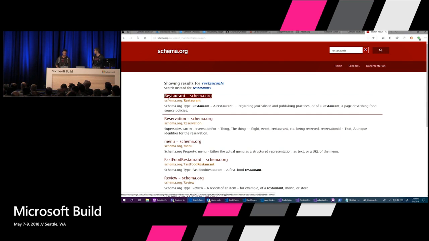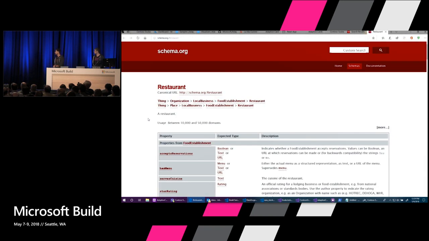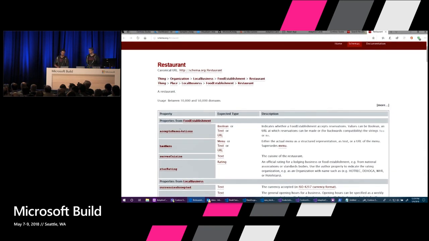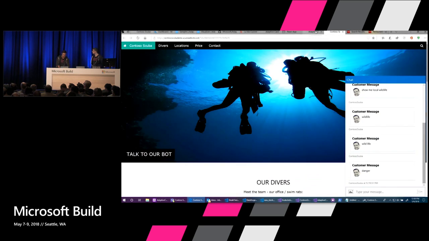And so we're basically hitting that URL, seeing if there's any structured data on it. And the data you can see, when that loads up, it's just data. Does this restaurant accept reservations? Do they have a menu? Do they serve cuisine? What's their star rating? So what our service is doing is hitting that URL, gathering the structured data. First of all, what is it? In this case, it's a restaurant. And then we have identified a template that we decide is a good-looking restaurant template and rendering it in the